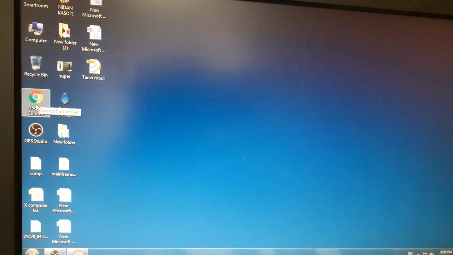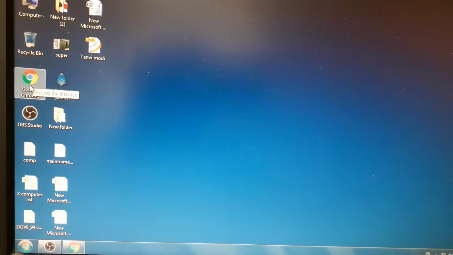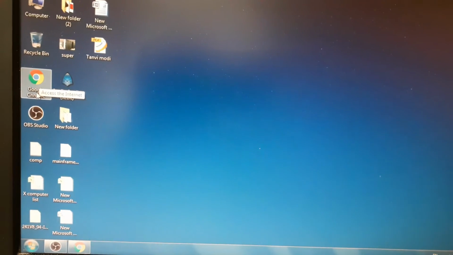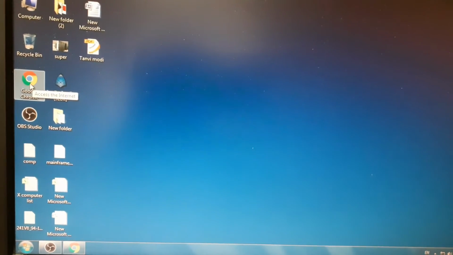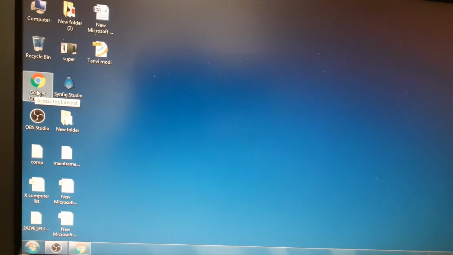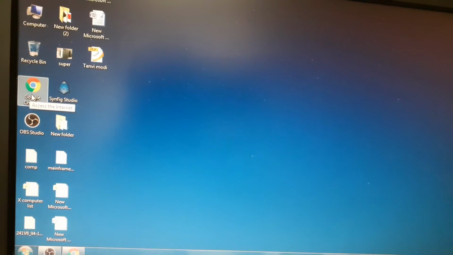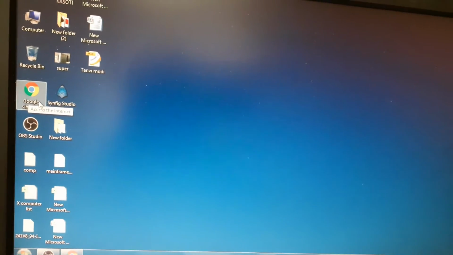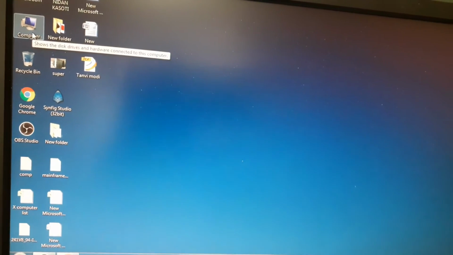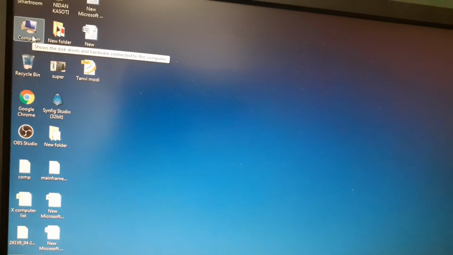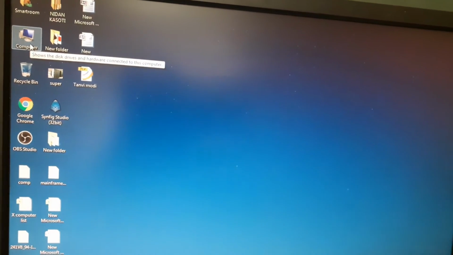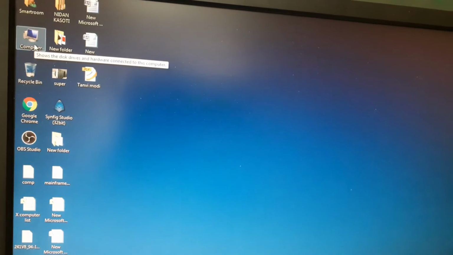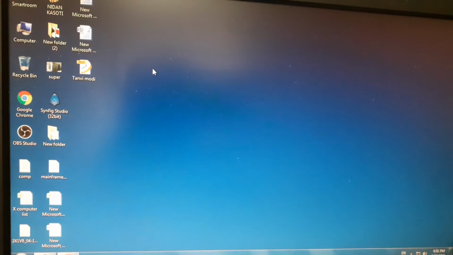Here you have placed this arrow on this icon, Google Chrome. Now you can see this is highlighted, so it means that you are pointing to this icon, right? In this way, when you place the mouse pointer over an icon or a tool, this is called pointing.